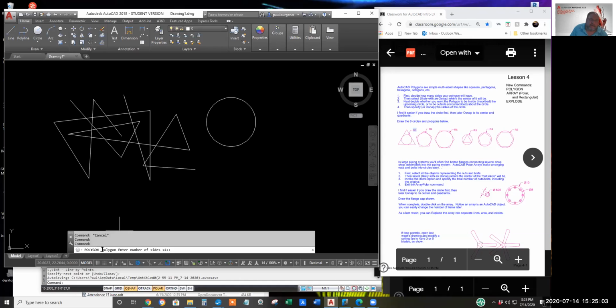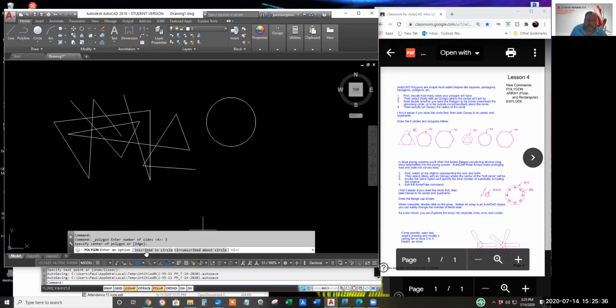Command line comes back with, how many sides do you want? Well, 3, just to make a simple triangle, and hit enter. AutoCAD comes back with specify the center of the polygon. Well, with Burgener's 5 favorite O-snaps, just hover around the circumference of the circle and it homes in on the center. Click when you see the green circle homing in on the center.